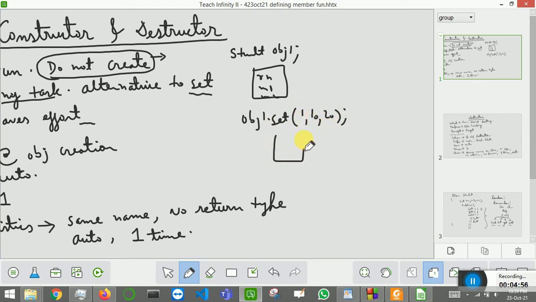Now the values will be assigned to these variables m1 m2. Roll number will be 1, marks 1 will be 10, marks 2 will be 20. So you have to call this function, right? You have to call the set function, and it is an extra effort. Now when I am using constructor, what I will do,